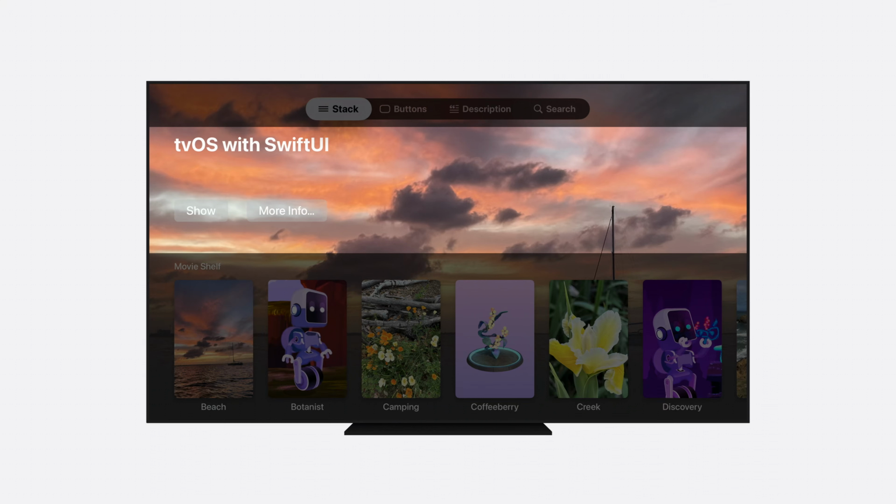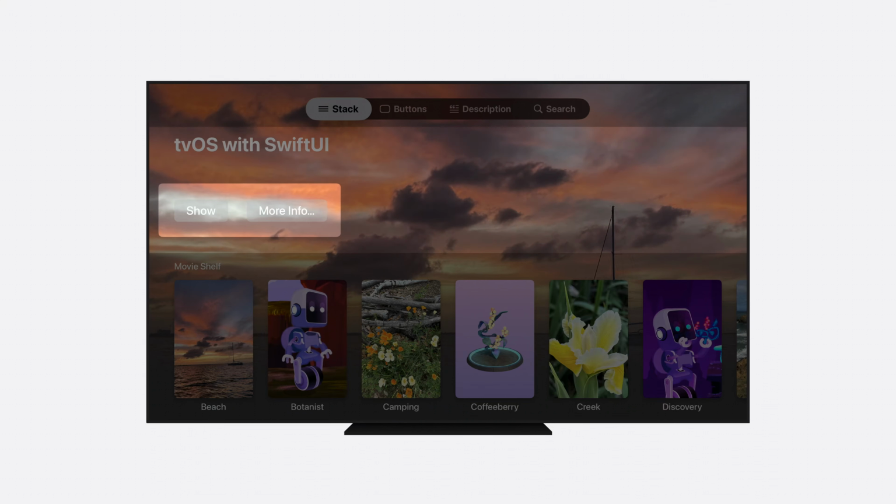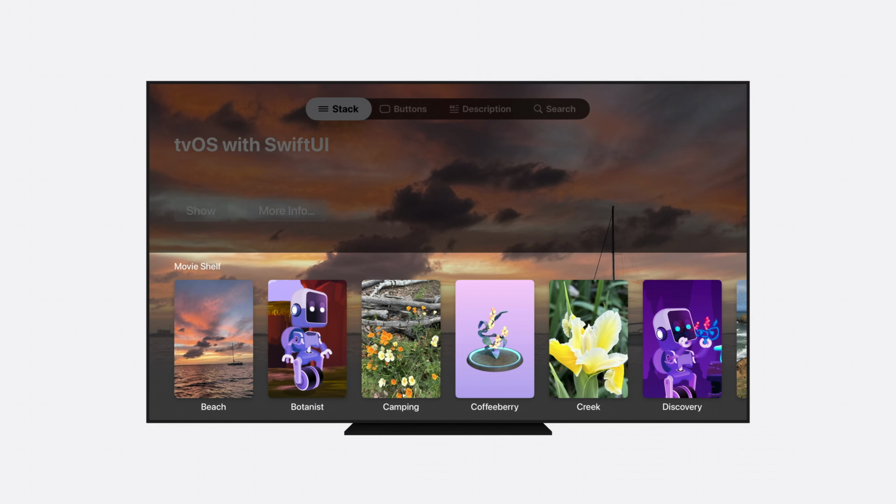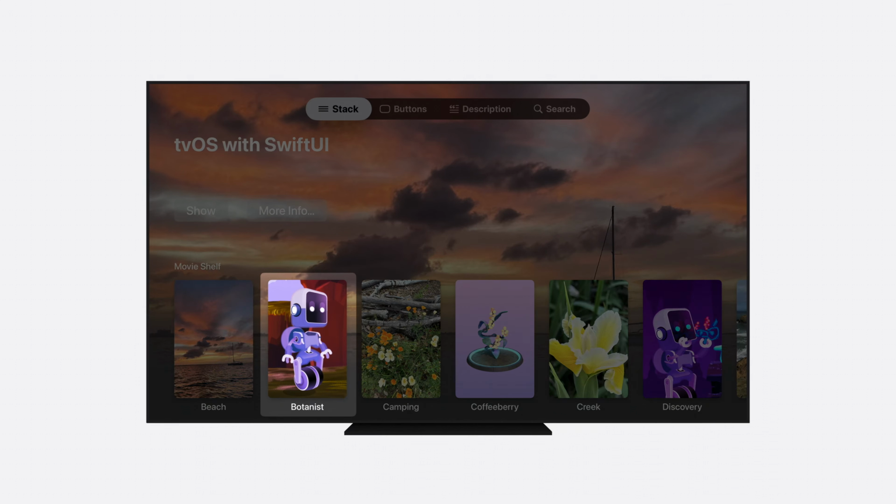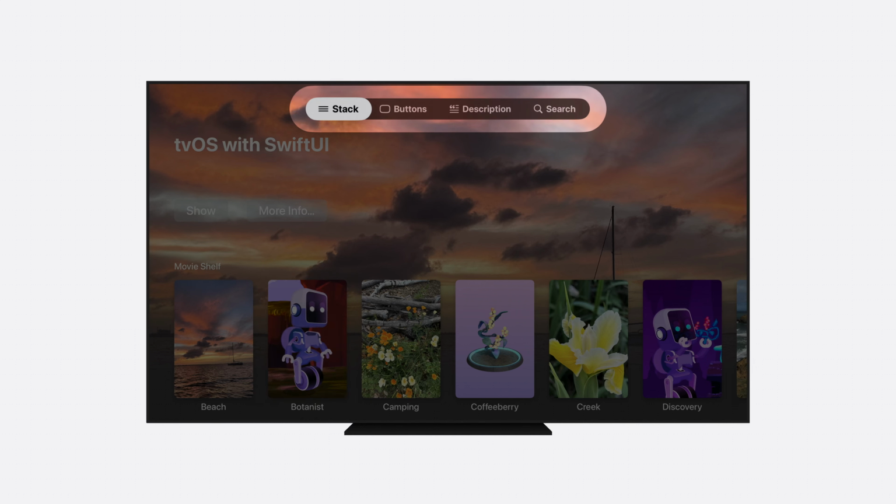Let's start by examining the typical design language of a tvOS media app. Upon first opening, a media catalog will likely show a homepage targeted to their viewer. The upper part of the page is usually given over to some promoted content, flowing to the edges of the screen. This promoted content will likely provide some quick actions to allow the user fast access. Further content is displayed in shelves below the promoted content area. Each item is shown with a vibrant and colourful lockup that showcases its artwork. Lastly, a tab bar across the top of the screen provides direct access to different sections of the app, including a search function.